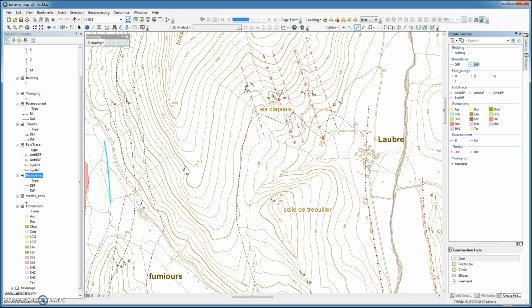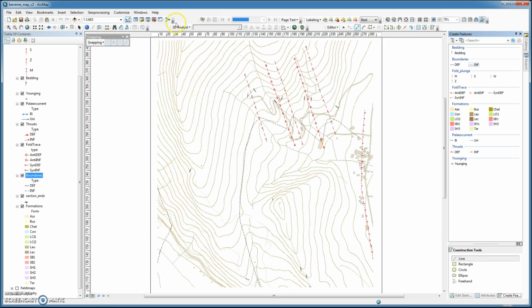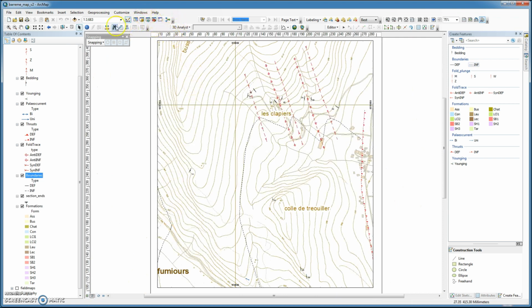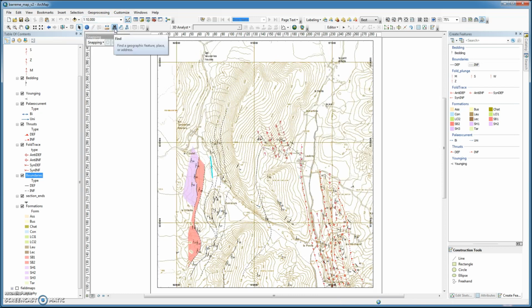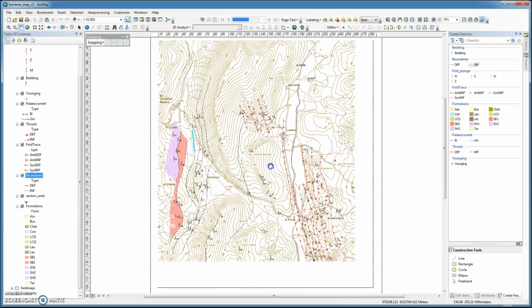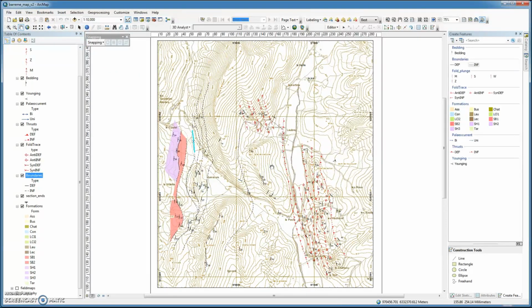Okay. So let's just zoom out to see what it's looking like. Centralise the map a bit. You can see we're building up a picture of how these units